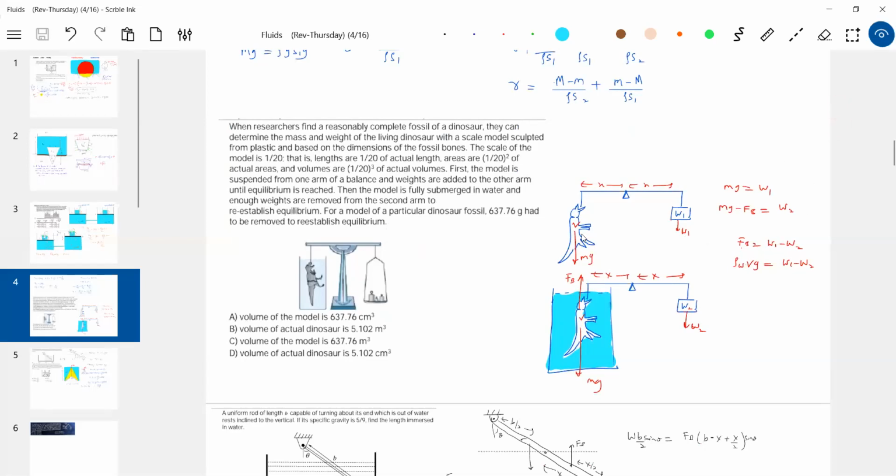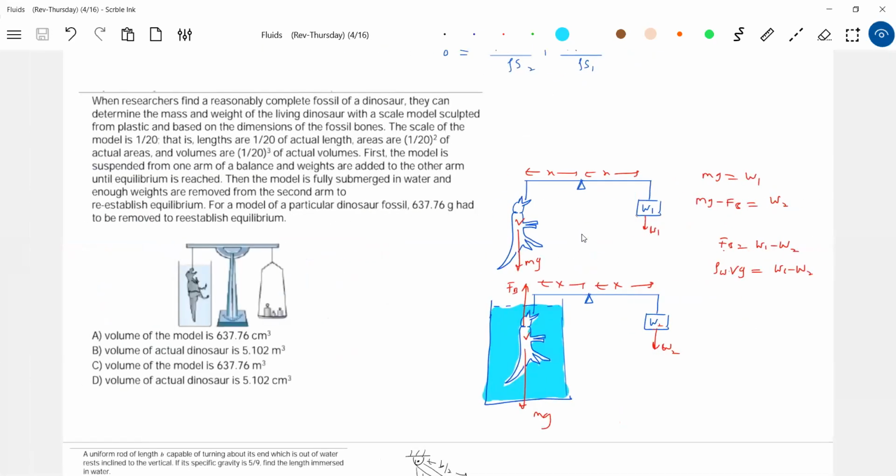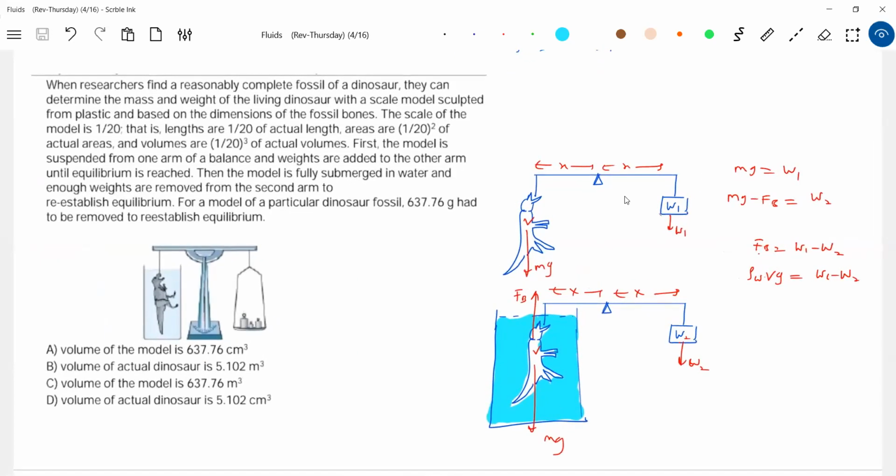Okay, I brought one more question. These are all questions which I discussed for the junior class. Earlier I discussed them for the outgoing seniors, then for juniors also, luckily these questions came in the exam. The moment you look at it, you may find this is something very, very difficult, no? But since in air, what you write here, the W1 should be equal to the weight of the dinosaur model.